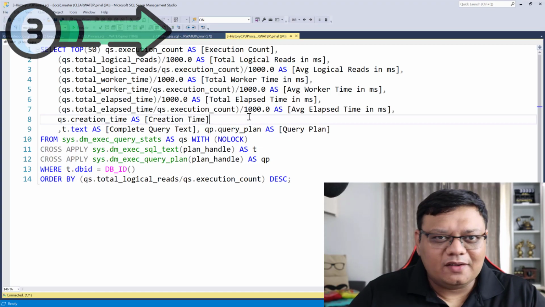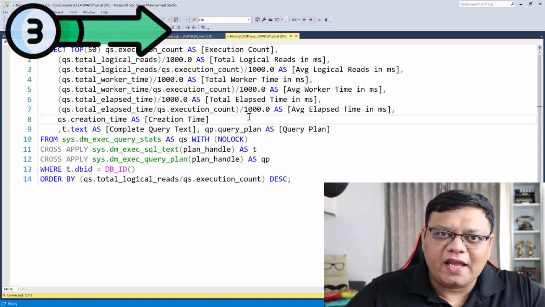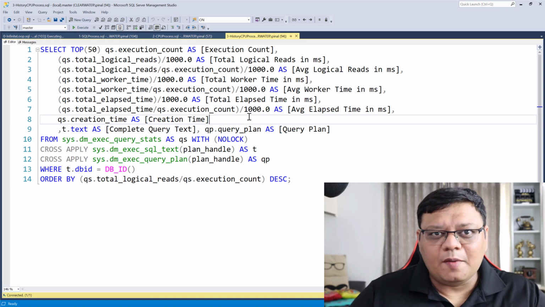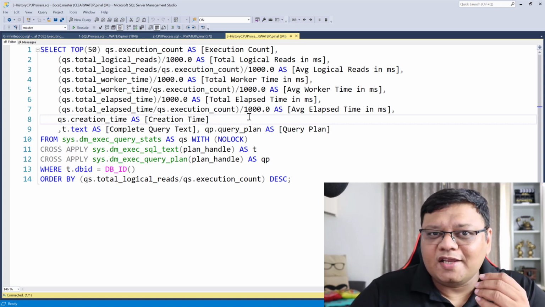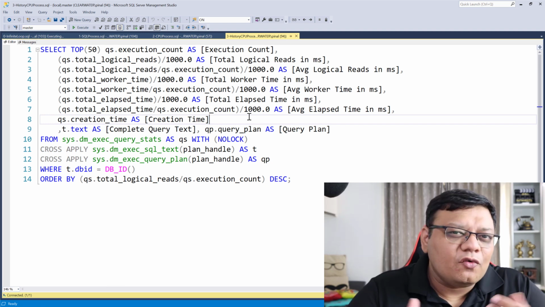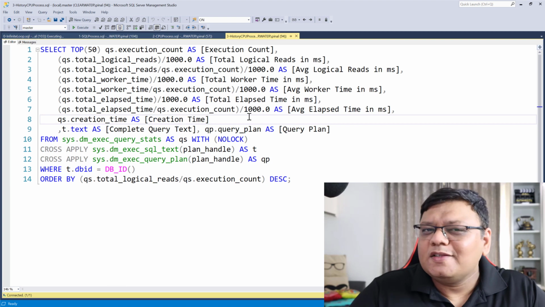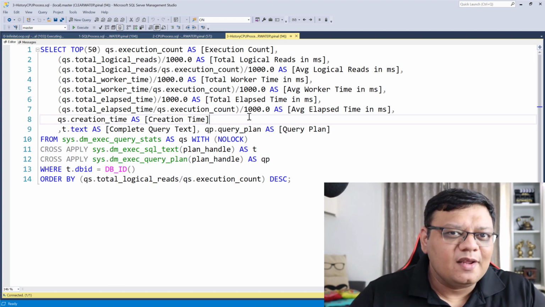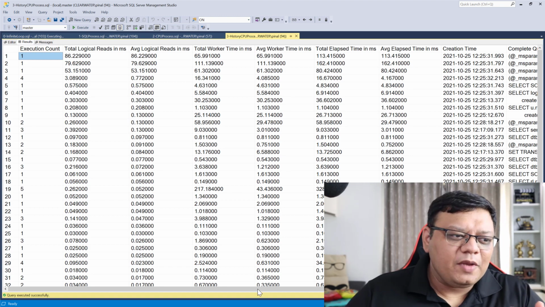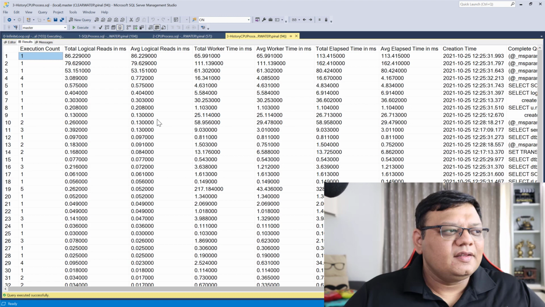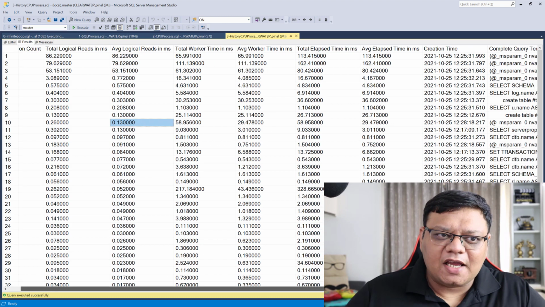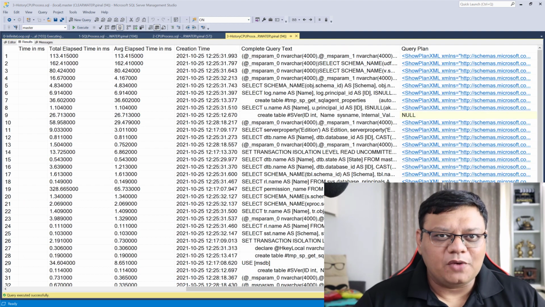Here is another query. This query will go into your cache and get all the queries which have taken lots of CPU. Remember, this is going to show you history, and history is only as accurate as your cache is good. That means if you clear your cache or you have restarted the service, this information may not be accurate. Now, let's run this query. And here you can see details about how many times any query has run and their logical reads, worker time, which is CPU time, their elapsed time, as well as queries and their execution plans.